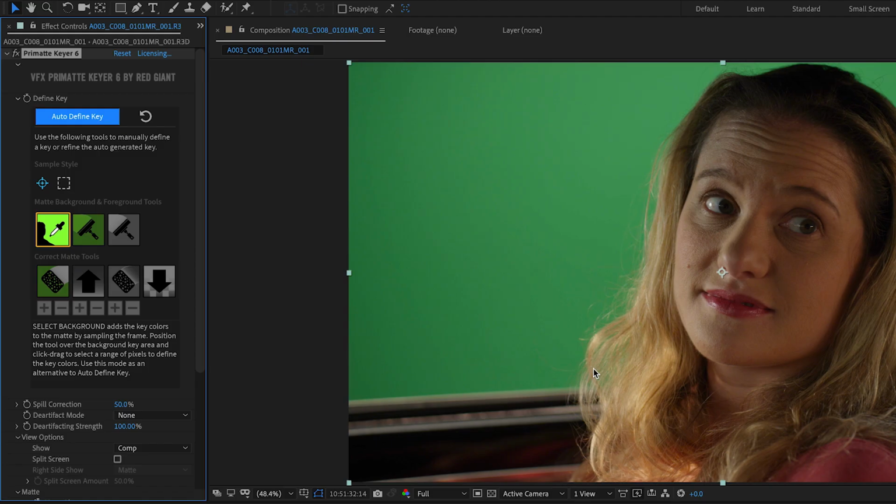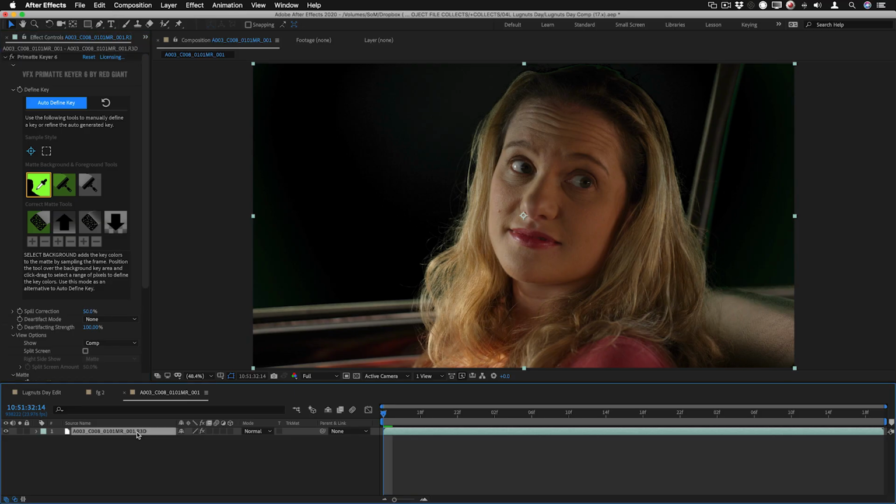Now, Primatte has some very different paradigms than Keylight. One that you may really like is at the top, this blue button, where it's going to actually try to automatically just key the whole thing for me. Now, if I Uber Key,